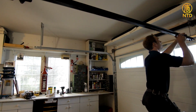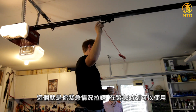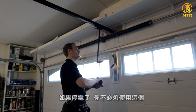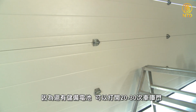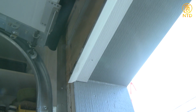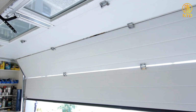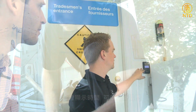接下来就要安装 opener，也就是门的开启器了。Tie in your emergency pull release here in case of emergency. 如果房屋停电，Marcus 夫妇就可以使用这个来打开车库门。其实，如果发生停电，他们还有备用电池可以使用。If the power goes out, you probably won't have to use that emergency release because it has a battery backup built in, and it'll open up to 20 to 30 times. 此时，Frederick 正在安装的是挡风雨条。除了不让雨水渗进车库外，它还有一个功能，就是防止各类小虫子爬进屋内。仅仅半个多小时，新的车库门已经安装好了。Frederick 为了屋主可以使用起来方便，在墙上安装了一个控制设备。It has a time display,